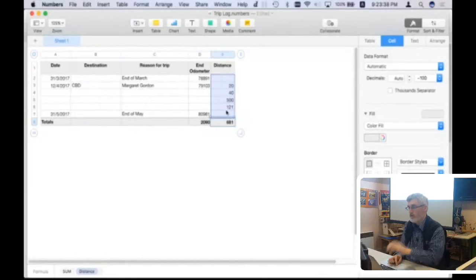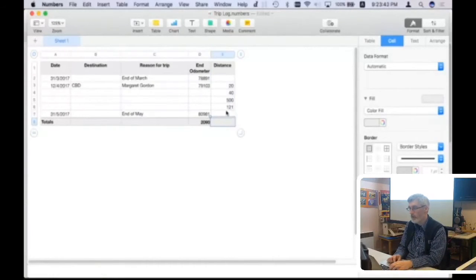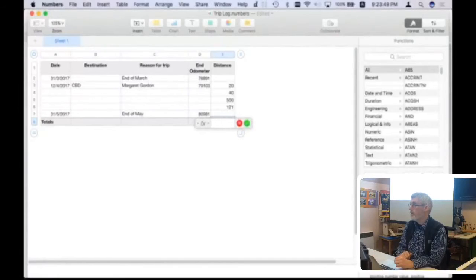So if you actually wanted to create this formula, what you normally do, if I delete it so it's not there anymore, the way you create a formula is you start by pushing the equals key. So that pops up the function entry thing, and it helps if you know the formulas, but it gives you this convenient guide across the right hand side, so you can see it's got all formulas, recent ones. If we want